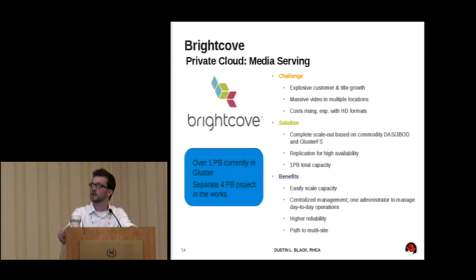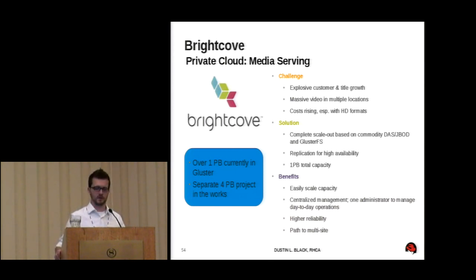These guys are storing videos instead of music, and as times are changing and they need to store and distribute different types of data, videos, as you can imagine, as you get into HD formats, the amount of storage they need to use and the information being streamed is increasing significantly. So we show here a petabyte of total capacity. Again, this is probably outdated. Their project was to grow this pretty significantly.